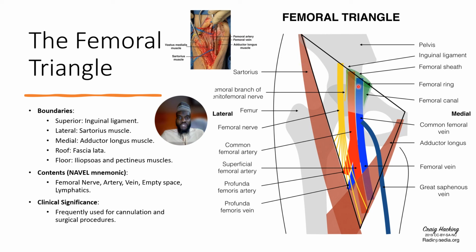So the canal is the most medial compartment within the femoral sheath, and it's a small funnel-shaped space that contains lymphatic vessels and a few lymph nodes, providing a route for lymph to drain from the lower limb. The canal is also important in the context of femoral hernias, where abdominal contents protrude through this canal into the femoral triangle, causing a bulge known as a femoral hernia. So the triangle is important generally. That's the femoral triangle. It's important because it contains structures involved in the vascular supply and the drainage